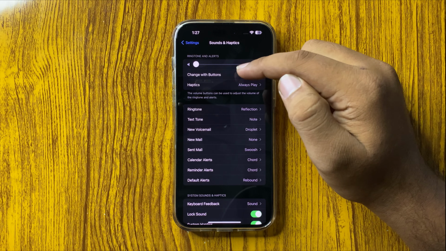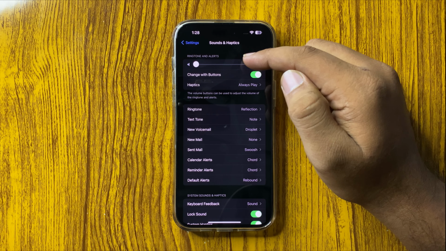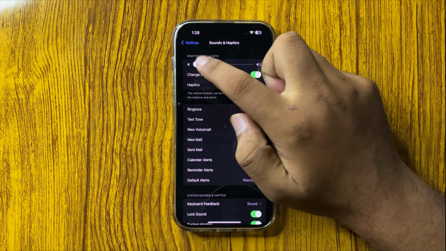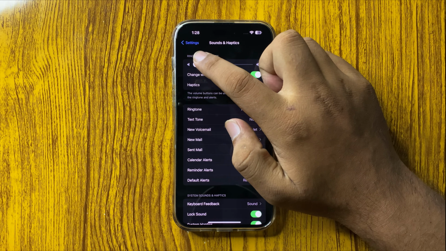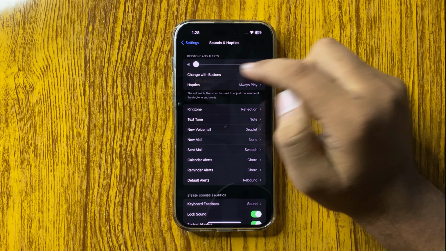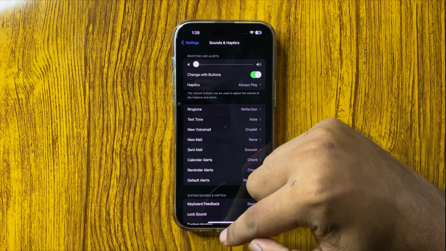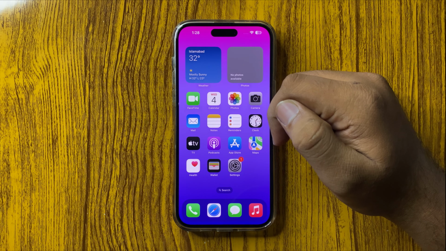And to decrease the volume of the alarm, you have to decrease the ringtone volume by sliding this slider to the left side. So to increase, drag it to the right side, and to decrease the volume, drag it to the left side. So that's how you can change the alarm volume on your iPhone 16 Pro